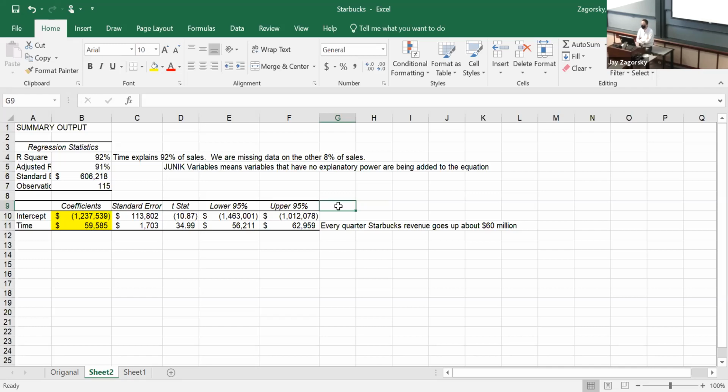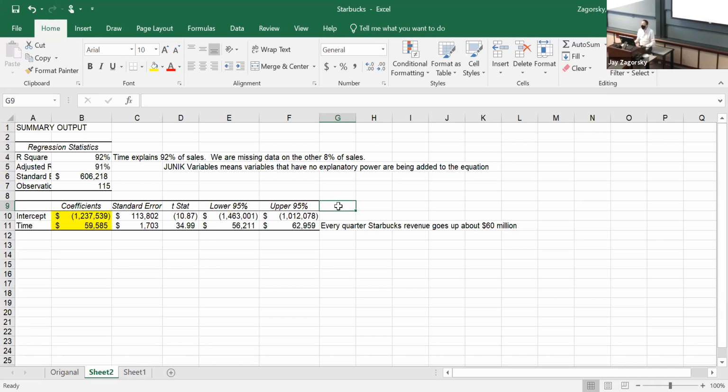All right, intercept. What is the intercept? It's when all the x variables are 0. When the x variable time is 0, what are we talking about? Go ahead, you were right. Second quarter 1992.